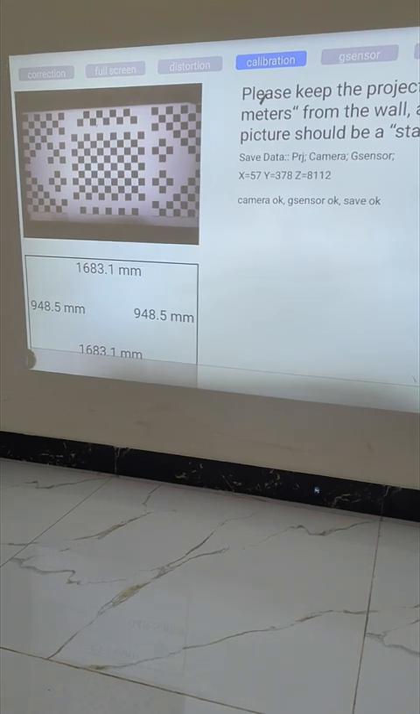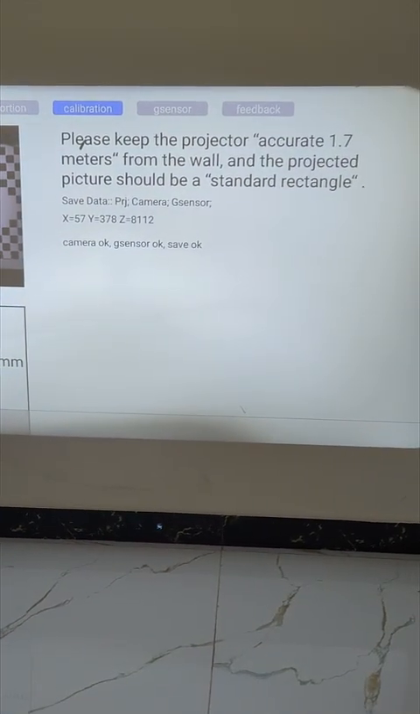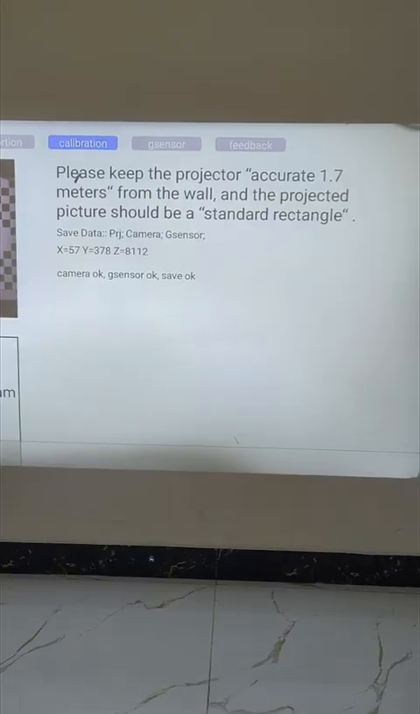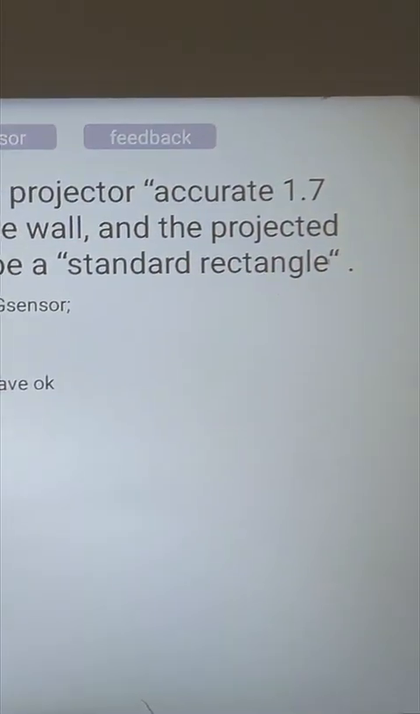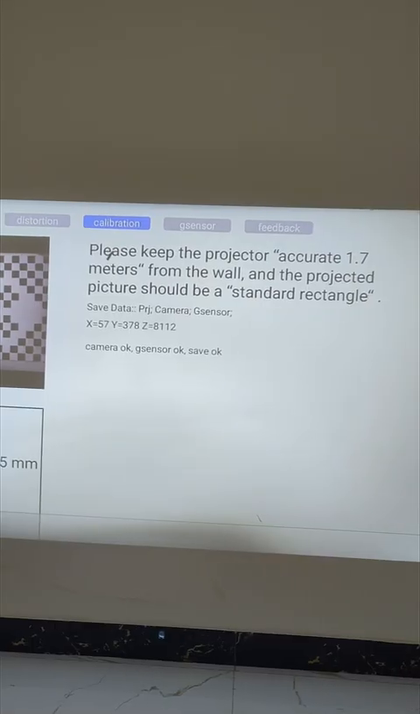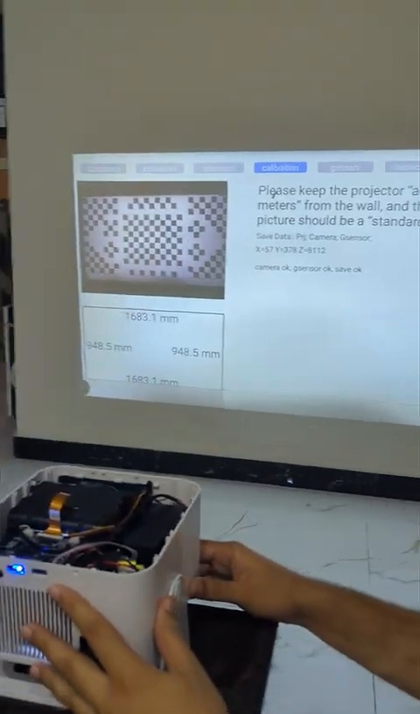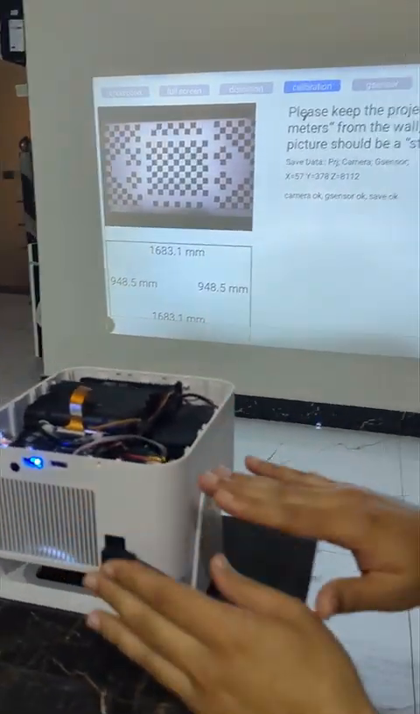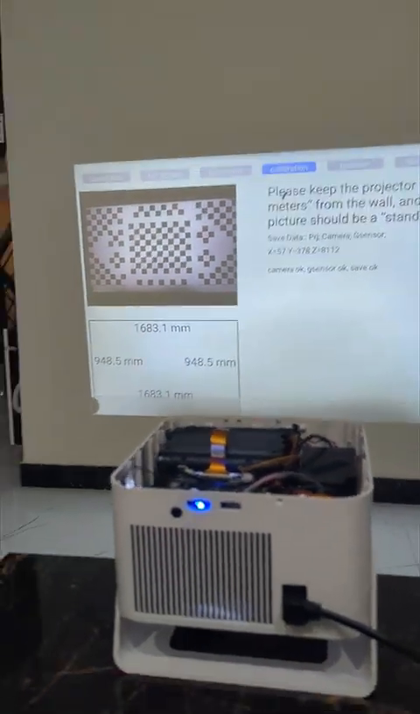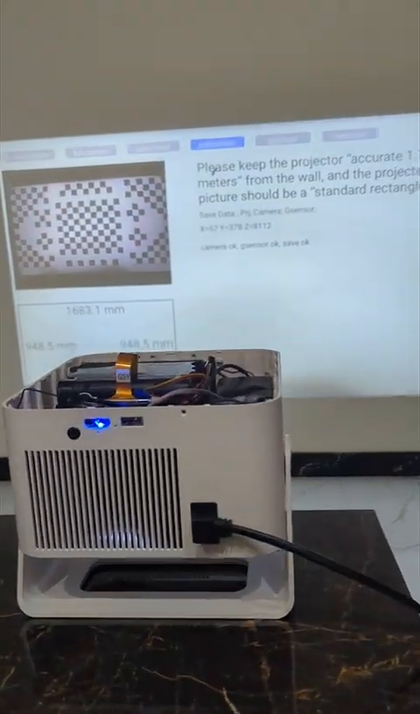While calibrating this screen, please make sure that you are following this guideline that says please keep the projector accurate 1.7 meters from the wall. So we have properly distanced our projector, and we are using it on a table, and it should be horizontally aligned to your wall, right? So you can see this is perfectly horizontal to the wall. And now we are going back,